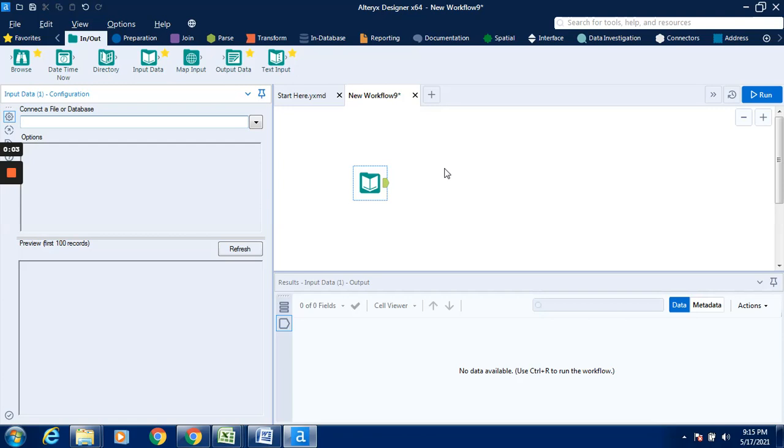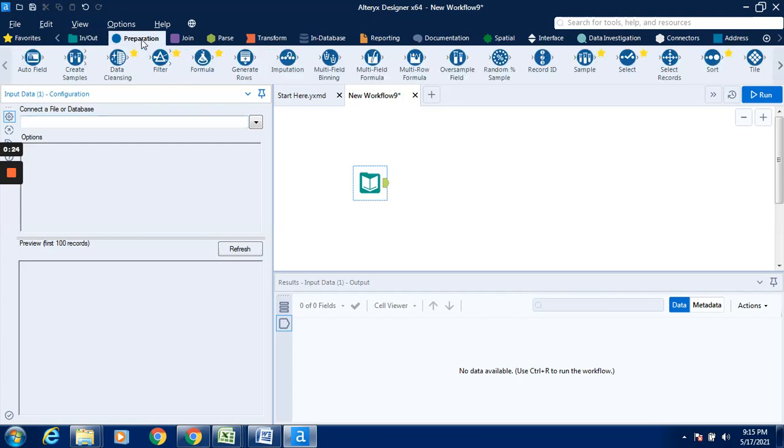Hello everyone. Today we will see a new exercise on Alteryx. The objective of this exercise is how to extract year from a date with the help of the formula tool in Alteryx. For this purpose we will require to input data with the help of this input data tool. I have taken this input data tool in the canvas, and with the help of the formula